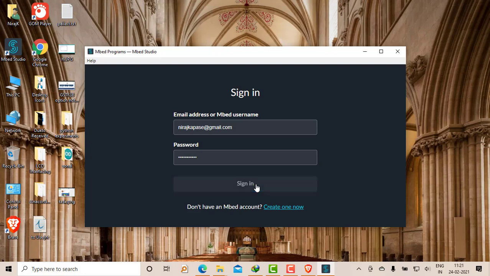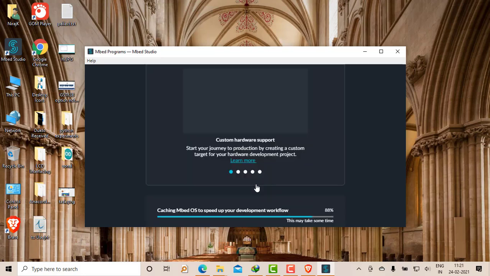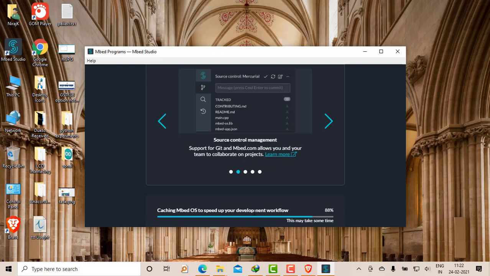So once you are done, all the data will be retrieved from the cloud of Embed, and you will get an offline compiler that you can use for your programming. Here you will get custom hardware support, also bringing Embed OS speed to your development workflow, source management.